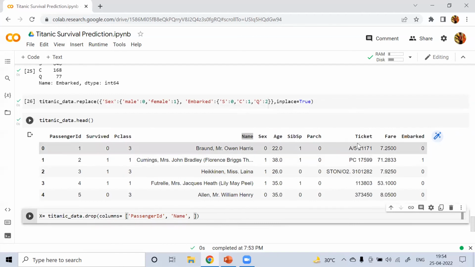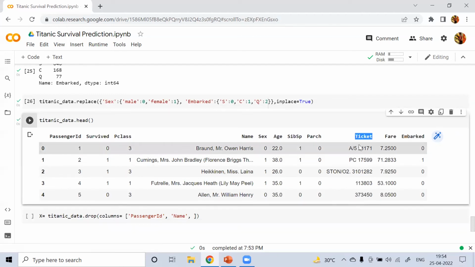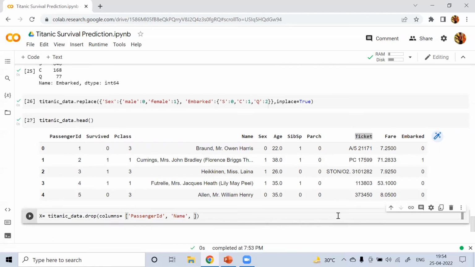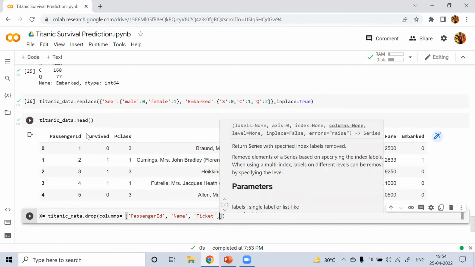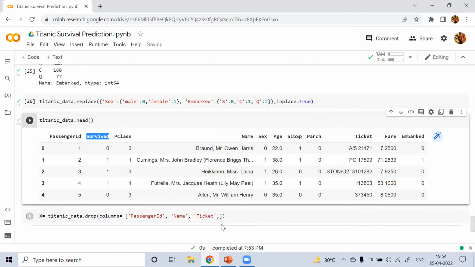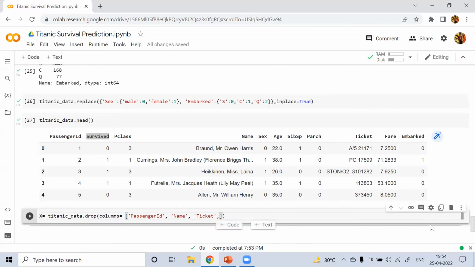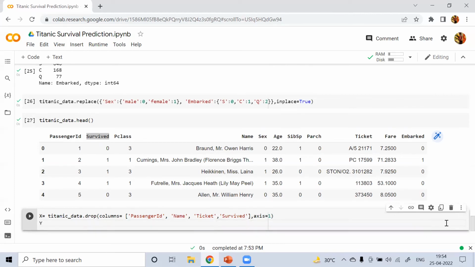Again, this ticket column is not required. And obviously our target column is the survived column, so we will not be including it in X. Survived is not required, so we will drop this column. And in Y, we'll provide our target column.